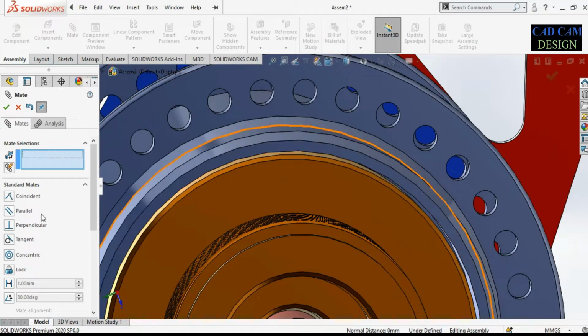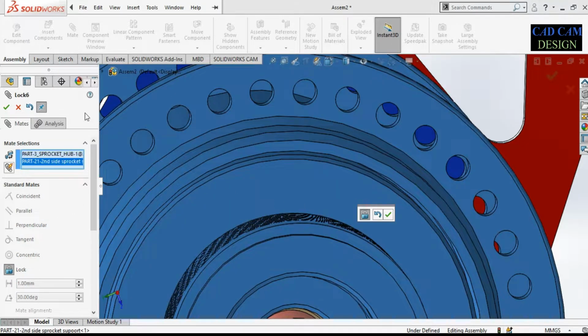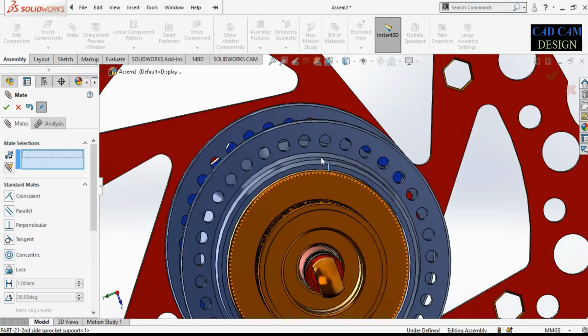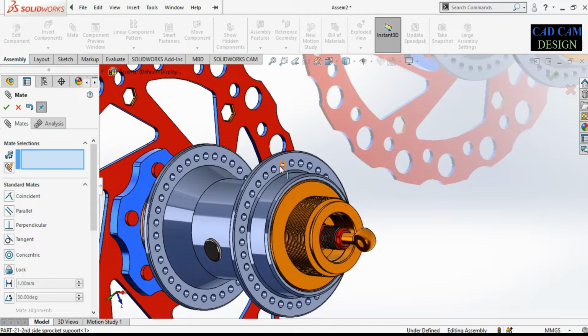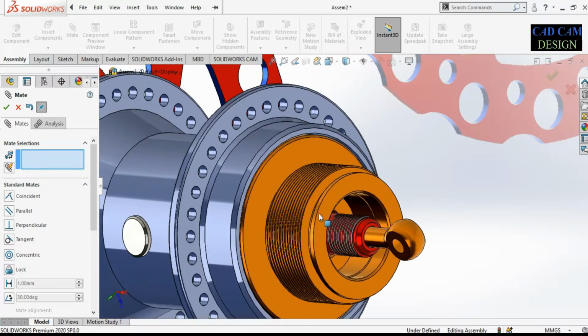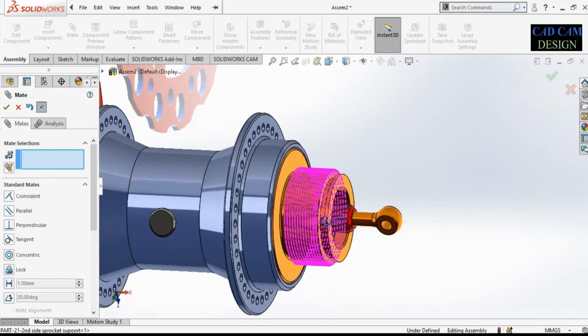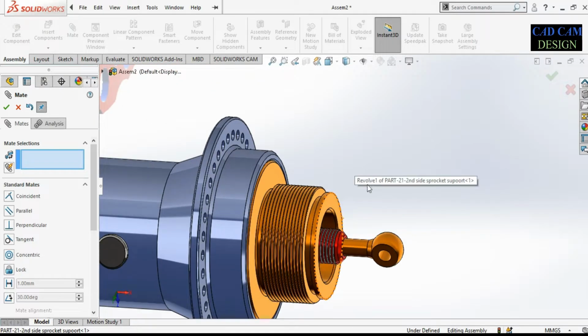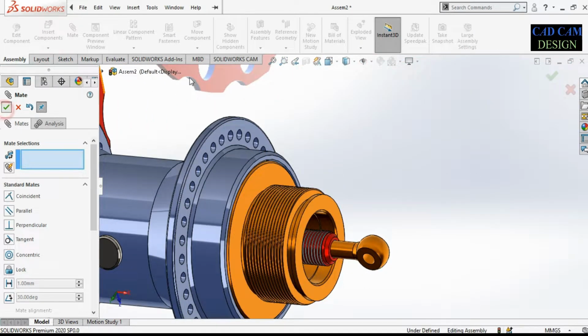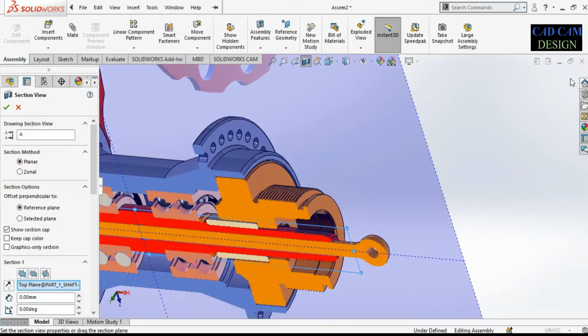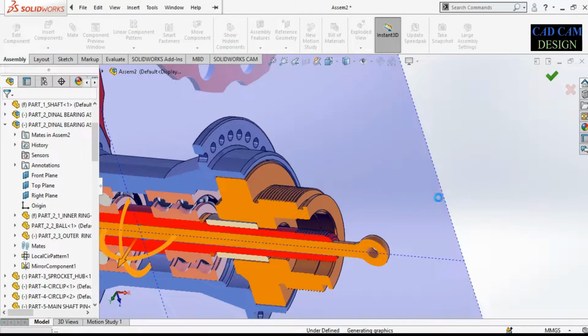First of all, okay, this and lock this object and this object. Okay. Now if this one rotates, then this sprocket hub rotates. Now okay this one, going to cross section, okay,